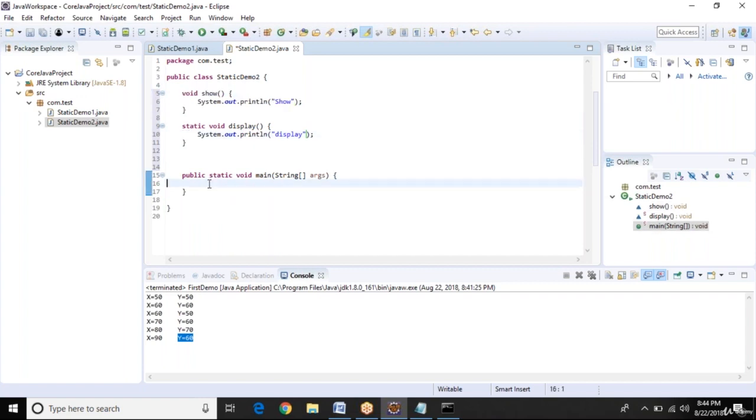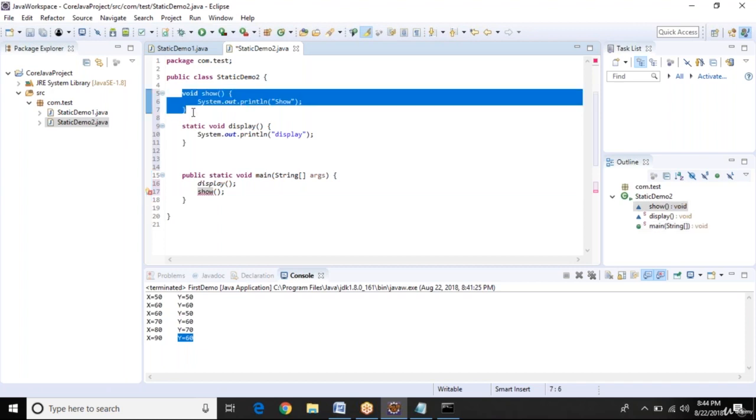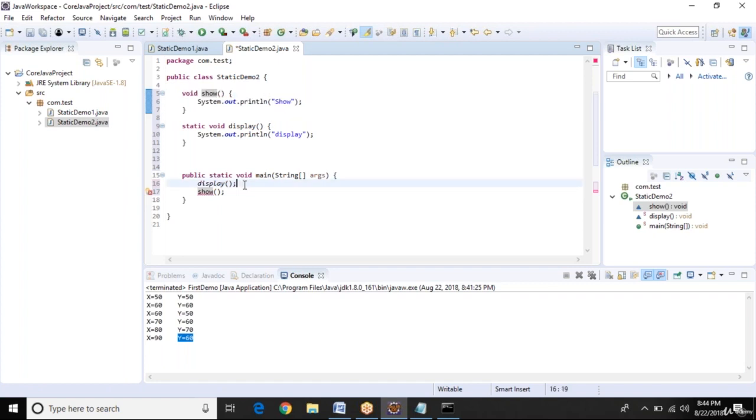To call a static method we don't need anything, just write display and it will automatically call it. But in a similar way we cannot call a non-static method. If I call show here, it will not work. We need an object to call this method, because this is an instance method, a non-static method. So for a non-static method we need an object.